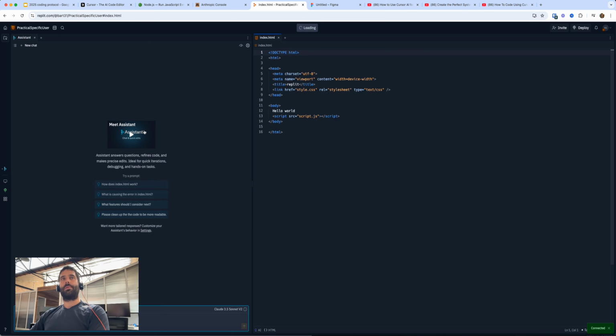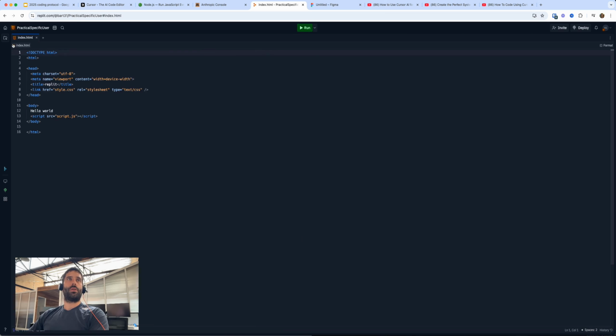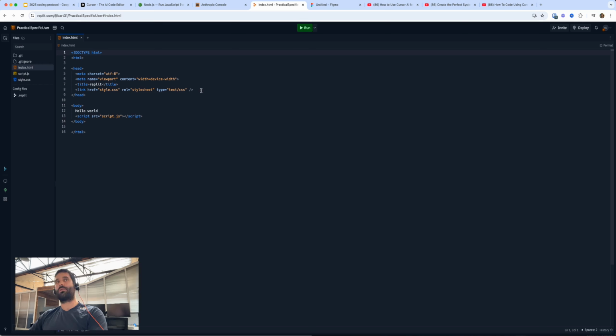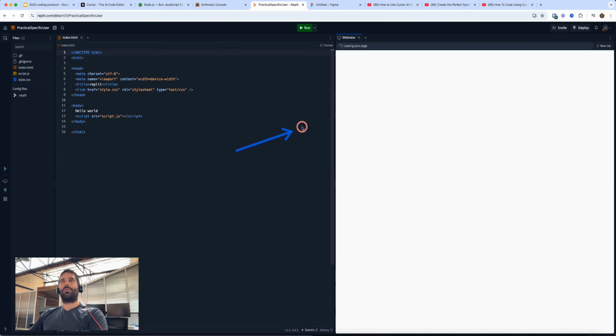And this is that Replit agent where you can create an app for you. But I'm going to close this off because we're doing all of our coding within Cursor. You can see that when I chose that specific template, it already pre-configured an index file, a script file, and a style.css. If I go to here and hit run, this panel is going to show you exactly the output of these files. This is how the web page would look right now. That's really cool.